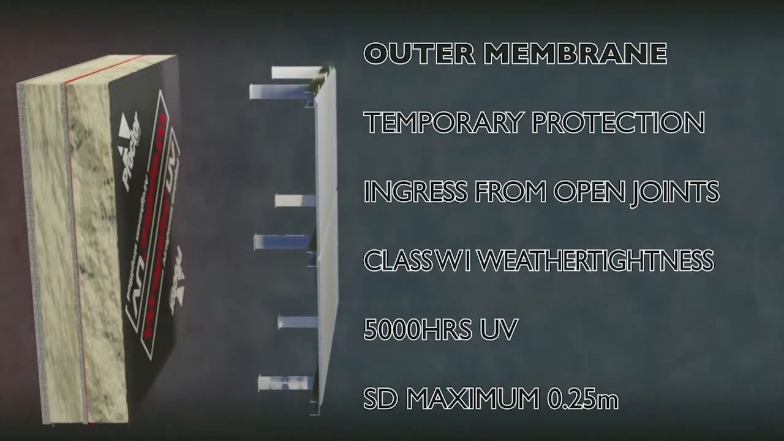It also requires an SD value of not more than 0.25 metres, with condensation risk calculations required if it's above the typical cutoff point of 0.12 metres. So, we can see how the characteristics of construction membranes affect how we use them, and how this affects the wider build-up. Let's now consider in more detail how membranes are specified and assessed in relation to air leakage, moisture